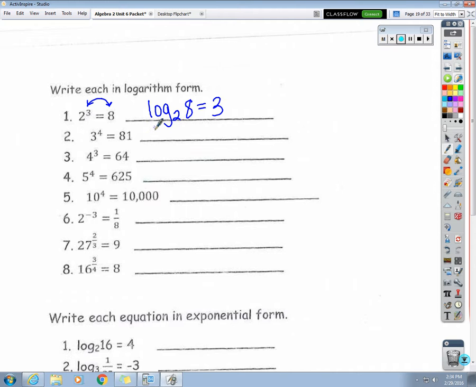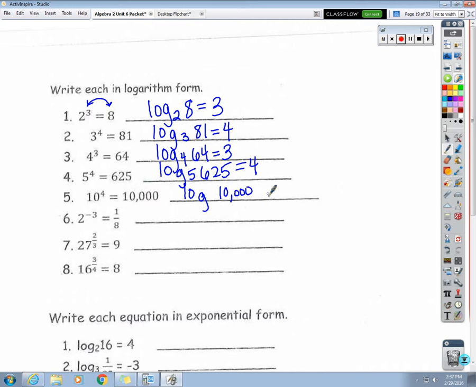Okay, number 2, log base of equals 4. Okay, I'm going to give you about a minute to try through these. For this one, log base 4 of 64 equals 3. Is that what you got? Okay, number 4, log base 5 of 625 equals 4. Number 5, log